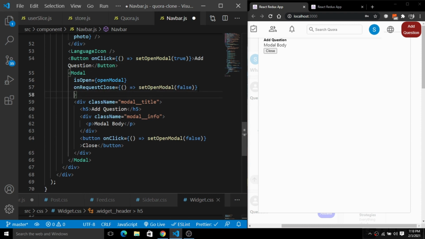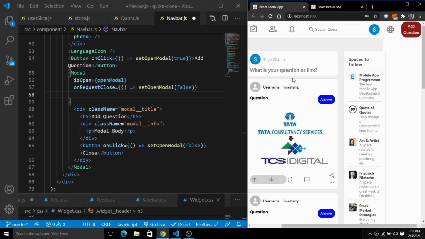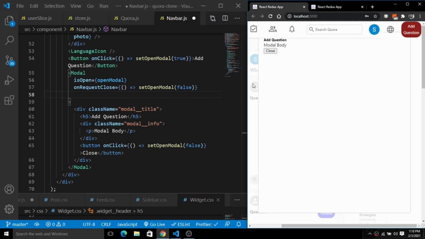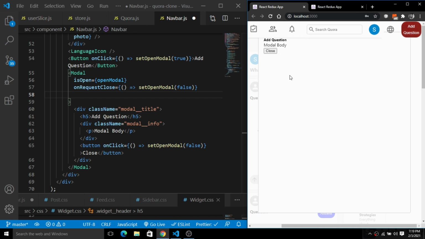Okay, so I'm going to add another property. As you can see here, we have this modal. When we click on the outer side of the screen, the modal is automatically closed. That's the thing that we don't want. So when we click on the rest of the screen, apart from this modal, you will see the modal is closed. So how do we avoid this, or how do we remove this behavior?